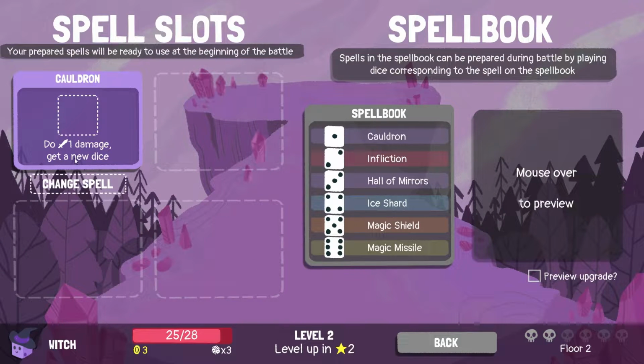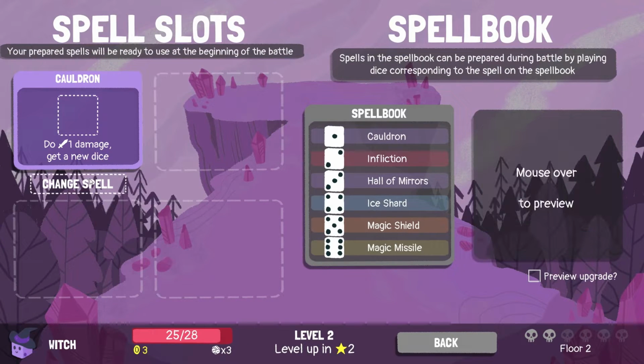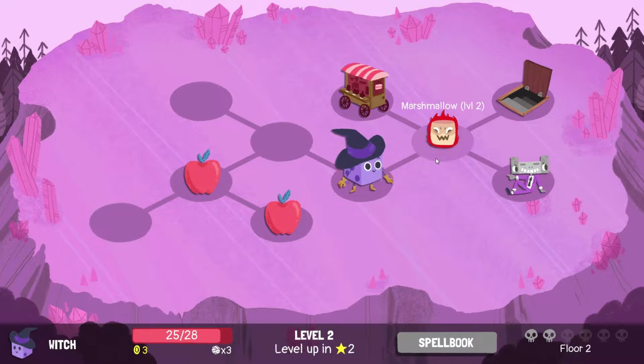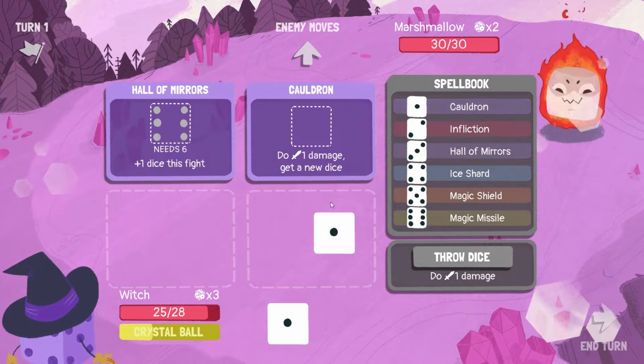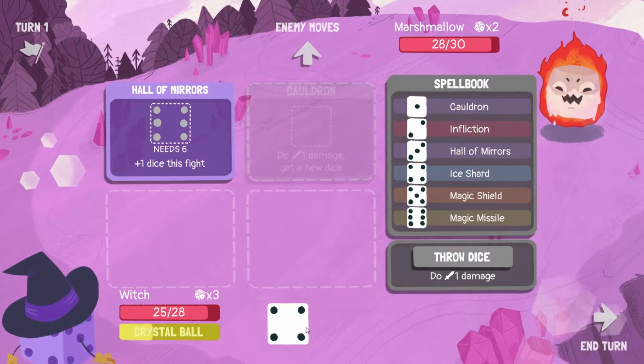Do we want to have a different prepared spell? Cauldron is not fantastic. You might want to have like a Magic Missile, a Magic Shield, an Ice Shard, Hall of Mirrors. Put the Hall of Mirrors as my prepared spell. Getting extra dice early in a combat would be very useful if you can draw something that's not ones. So, I did that wrong, but...